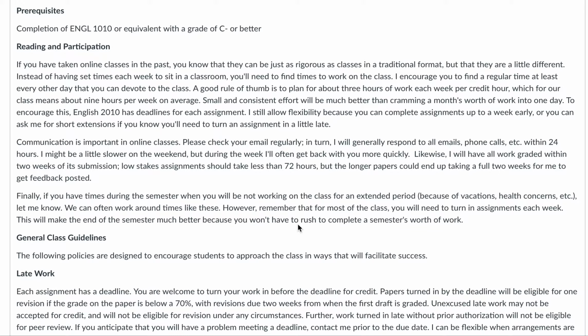For those of you who chafe at deadlines, you can work a little bit early, particularly if you know that stuff is coming up. You can turn in stuff about a week ahead of time. I might not grade it ahead of time, but you can turn it in just a little bit early. But try not to work more than about a week ahead, simply because then you'll be so far ahead of the class, it won't be at all helpful whenever it's time to double back and do peer reviews and things like that.